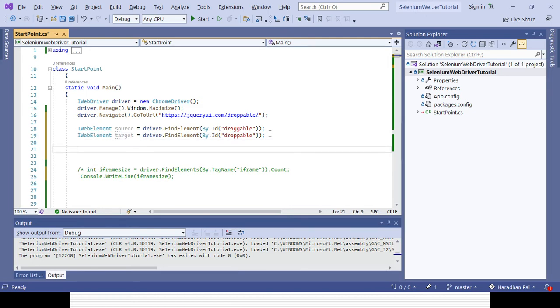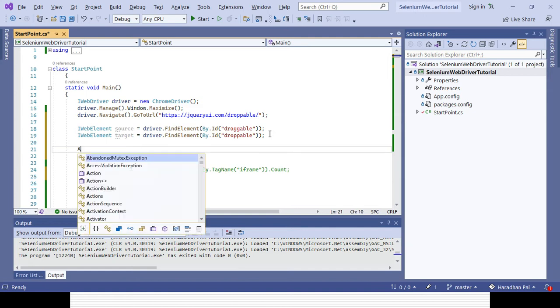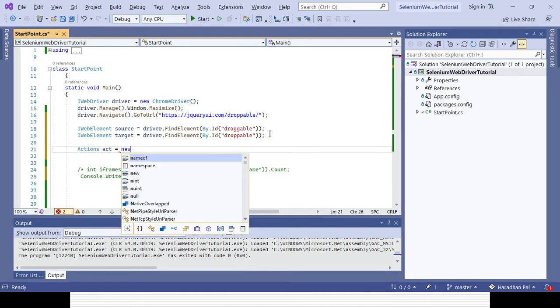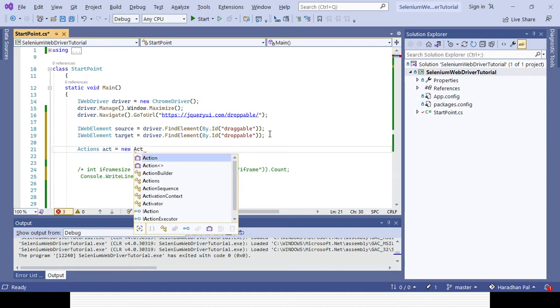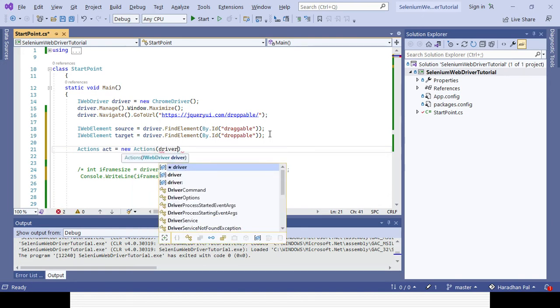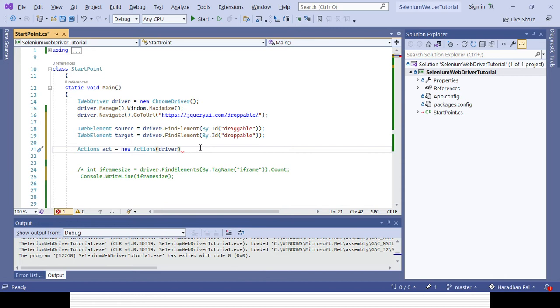I can use the Actions class available in Selenium WebDriver. So I'll be creating an object first, Actions class, act equal to new Actions. Here I need to provide the driver object. That's why I can create the Actions class.